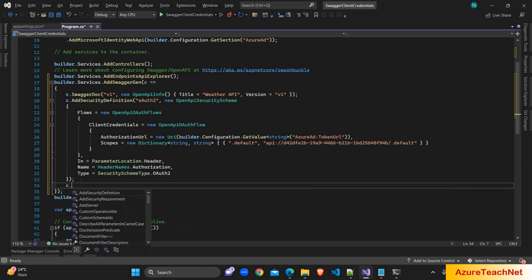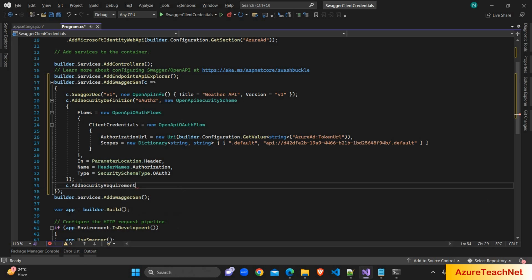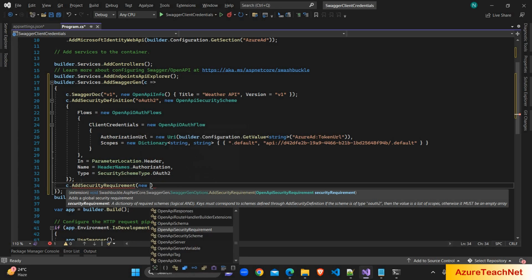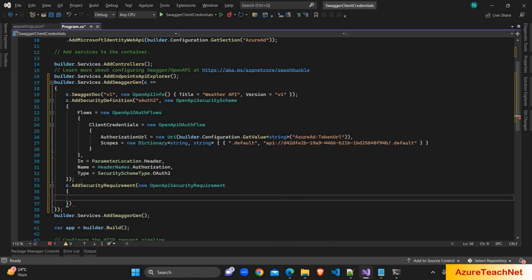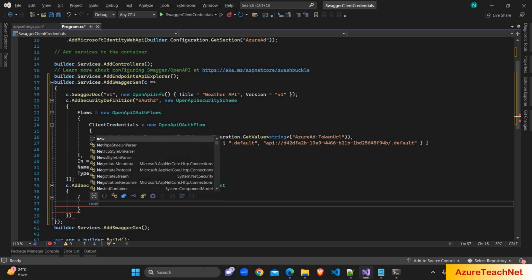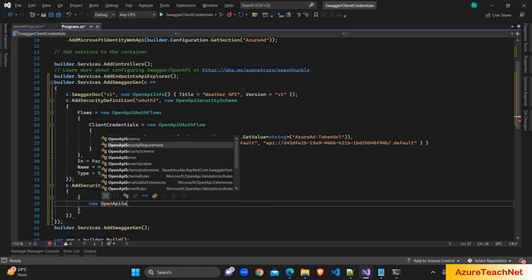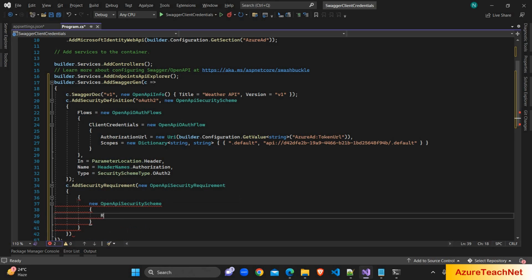Now we have to add security requirement. So c.AddSecurityRequirement, and to this we have to add new OpenApiSecurityRequirement. This is a dictionary, so we have to pass the key value pairs. So here new OpenApiSecurityScheme, and then